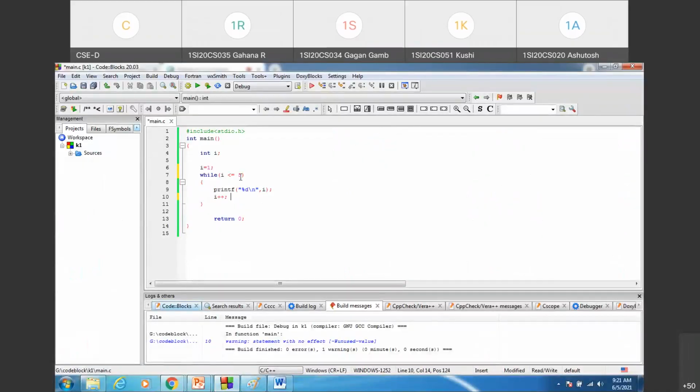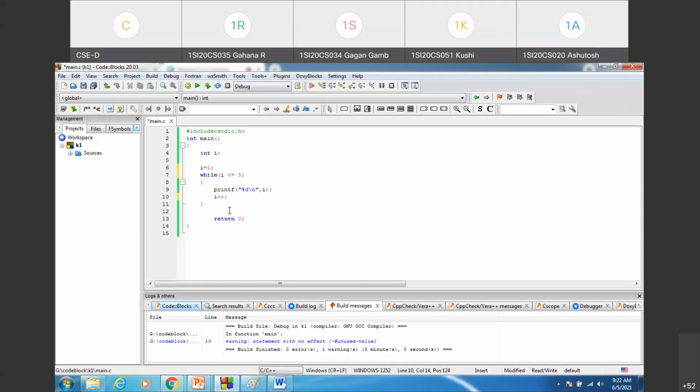So in the previous session, we had discussed this program to print the first five natural numbers, where we had created an increment loop with the initialization part written before the loop, where I is initialized to 1. Here I is called a loop control variable since it controls the number of iterations. Whatever value I takes, depending on that, whether the loop is to be repeated or not is decided. That's why it is called a loop control variable.